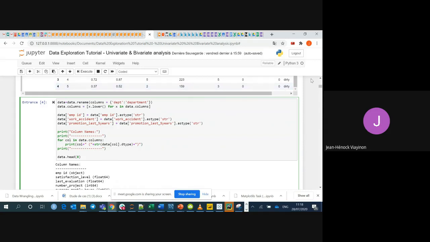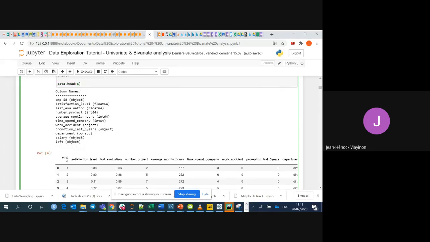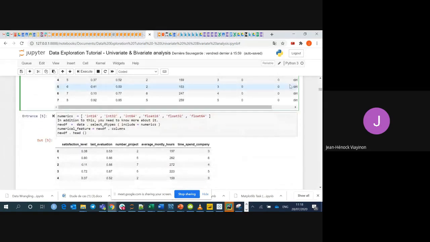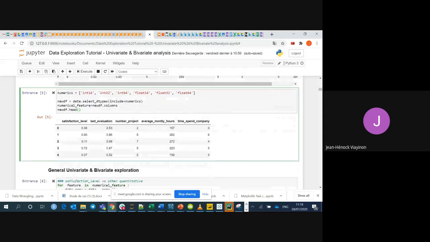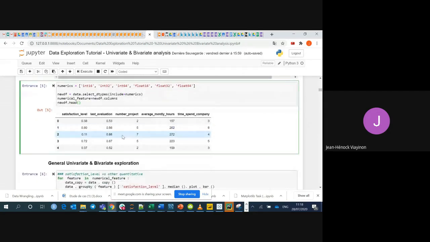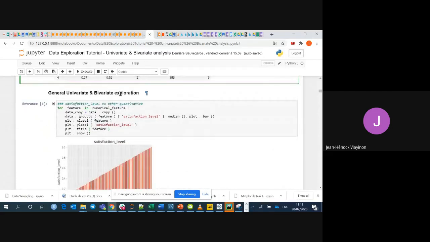Here I'm just changing some data types and then printing again to see if what I applied makes sense. Now, I'm selecting all the quantitative variables into a new data set, because I also have qualitative variables, but here I can just explore the quantitative ones. The way I explore quantitative variables will be different from the way I explore qualitative variables, for example. So from here I start exploring, like your general univariate and bivariate exploration.